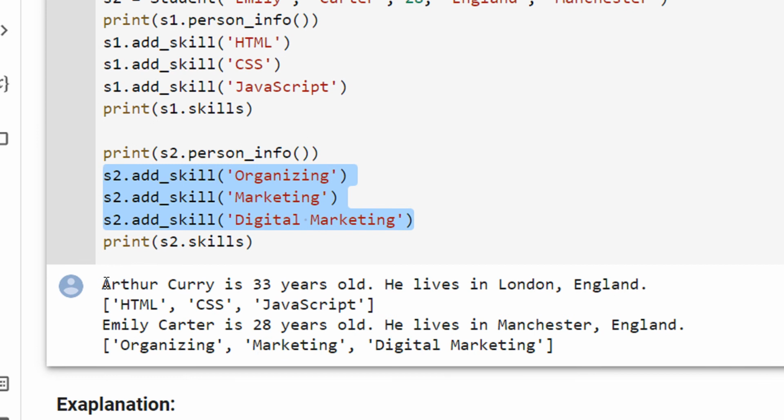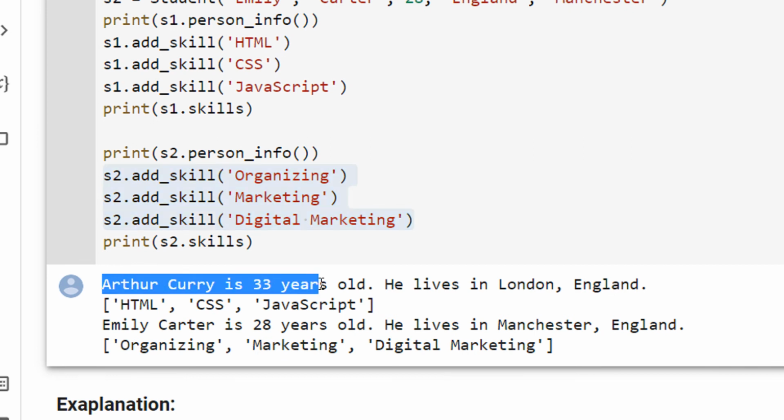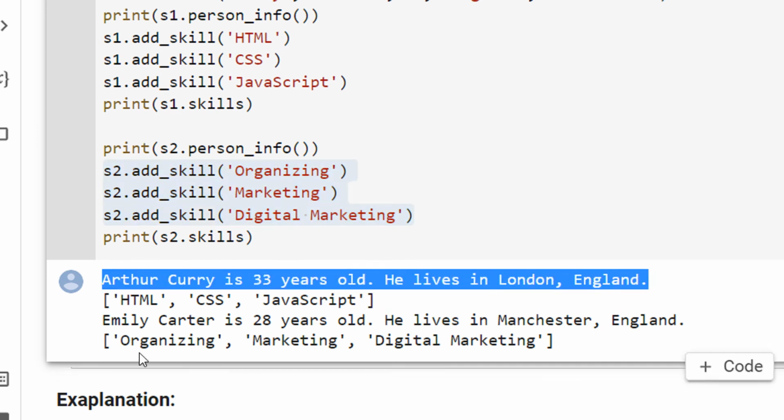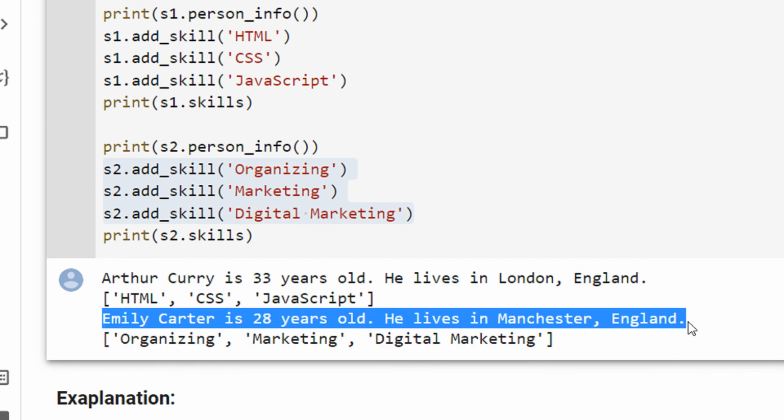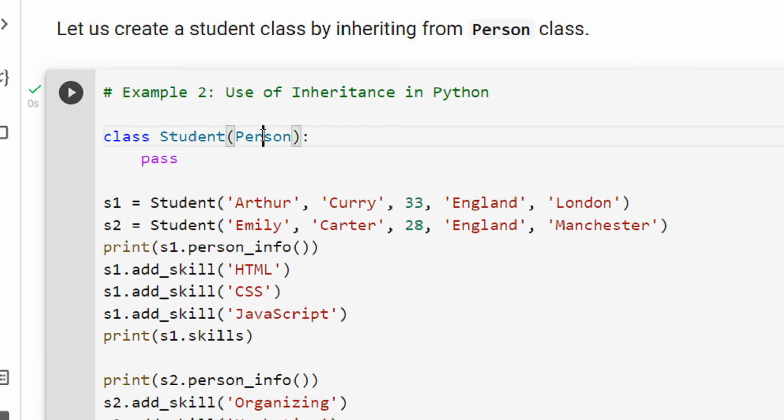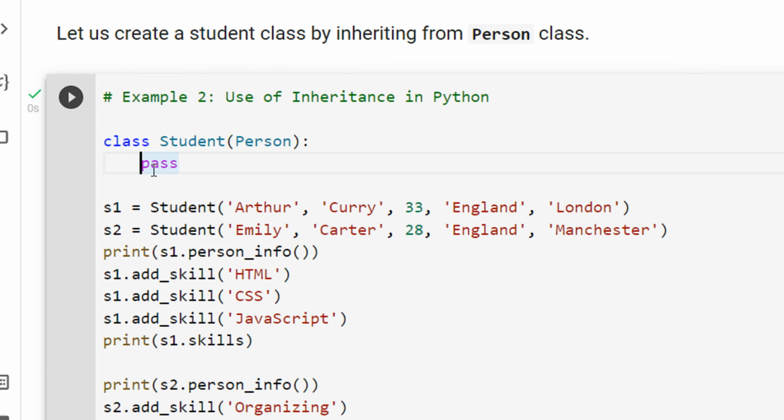Even though I am defining all these things in a derived class or child class, I am able to completely access the base class. Why? Because I inherited the person class for the student class. I did not have to define anything because I know the person class was working perfectly well. So I just inherited this class, and here I am writing pass.